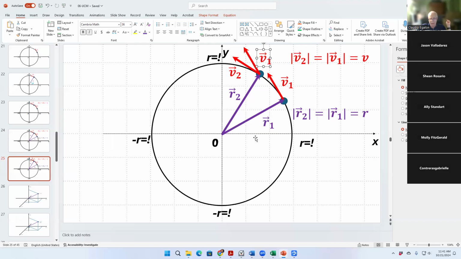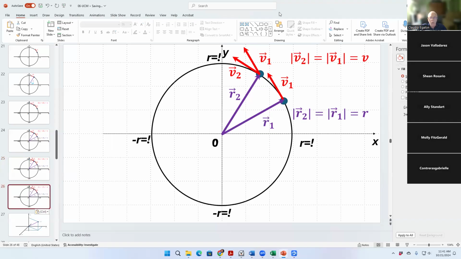Here theta 1 and theta 2, okay? From this, we end up having that the triangle that V1 and V2 make